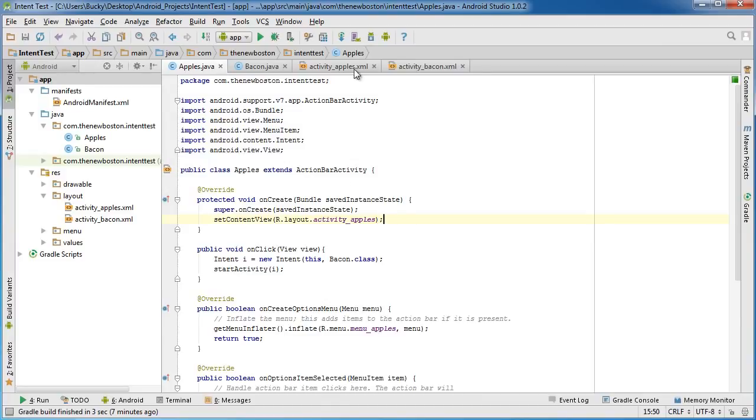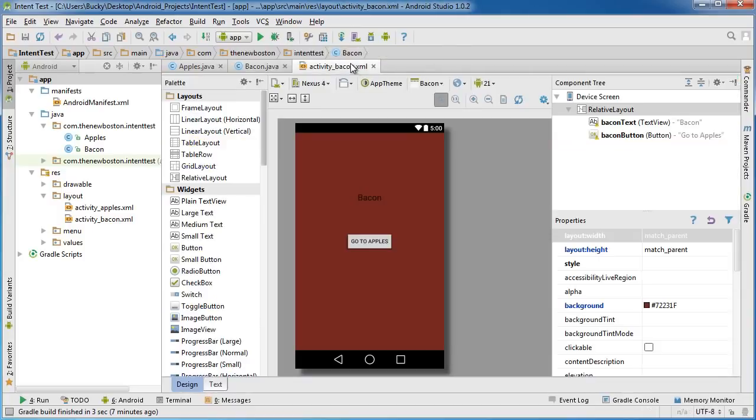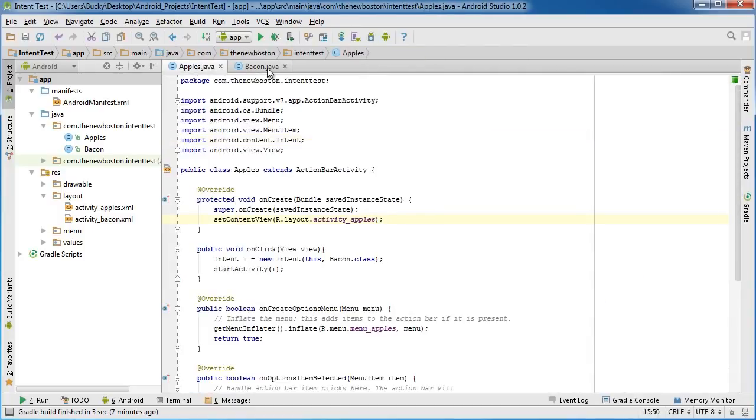So actually we can close out of these. We really don't need those files. We're not going to be editing those at all. So again, I'm going to keep my Apples and Bacon Java files open just so you guys see what's going on. Now, the first type of service I'm going to show you guys how to create is called an intent